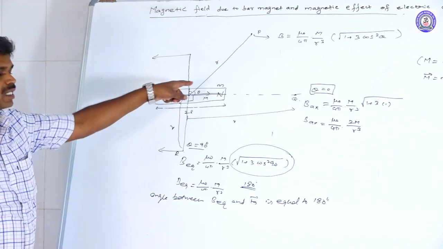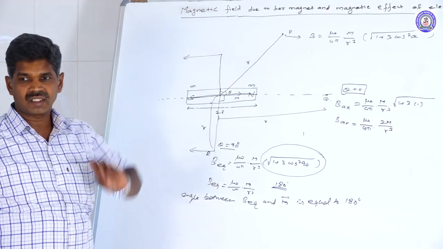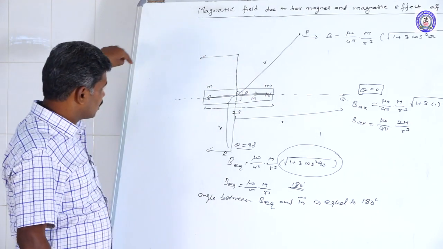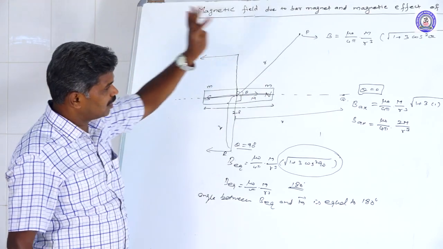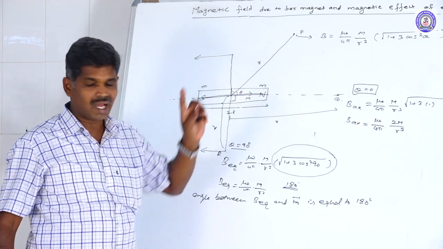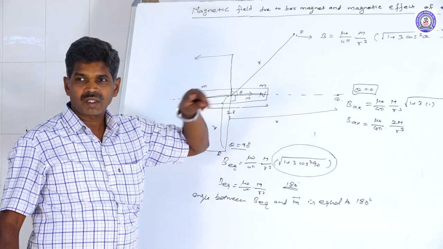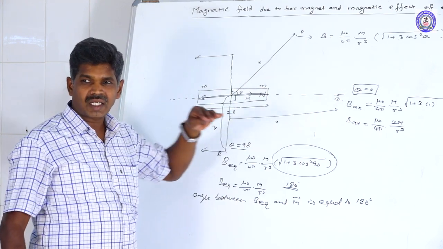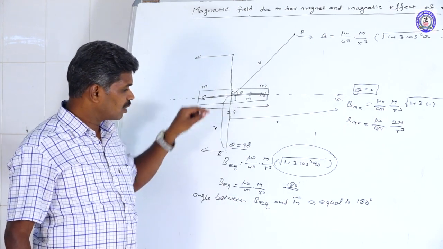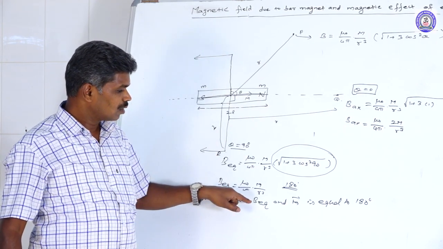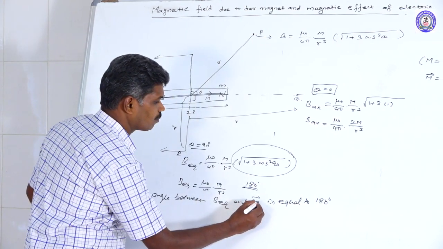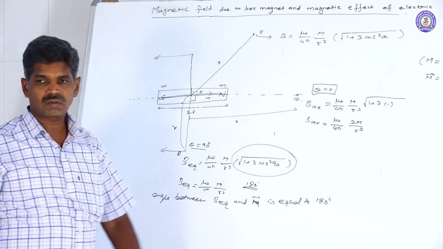But in the axial line, the same direction it is acting. In the axial line, suppose the Q point, if you take it on the side of S or the side of N, we have that angle is 0. The angle between the dipole moment and the direction of the magnetic field is 0. Here, the angle between the direction of B equatorial and the magnetic moment is equal to 180 degrees.